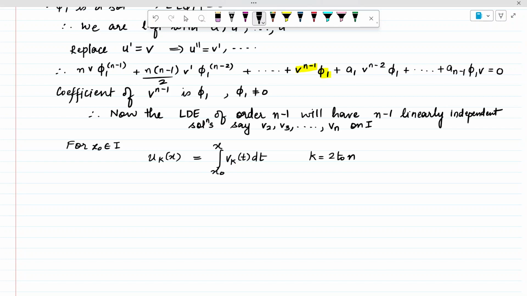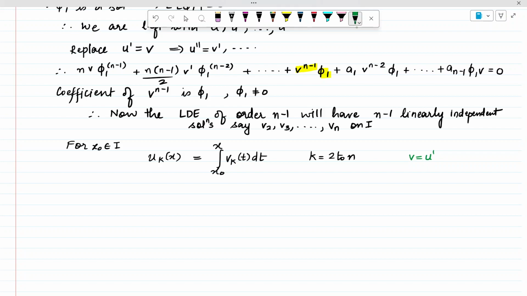What was our assumption for v? V was equal to u dash, right? So if I'm able to find v, हमने एक order reduce कर दिया है. तो अगर थर्ड ऑर्डर है तो उसको हम सेकंड पे लेके आए हैं और सेकंड का मेथड यूज करके हमने दो इंडिपेंडेंट सॉल्यूशंस निकाल लिए हैं. ठीक है. तो अब u जो ढूंढना है, जो मल्टीपल है फाई का, फाई 1 का, to find that u,